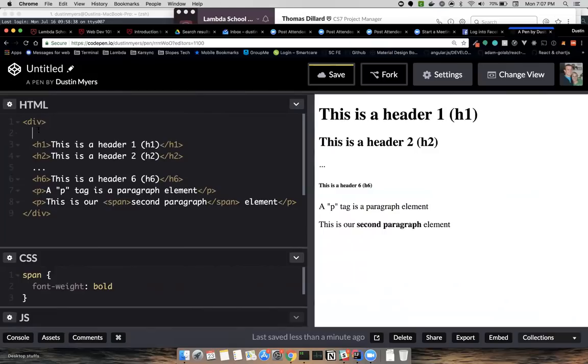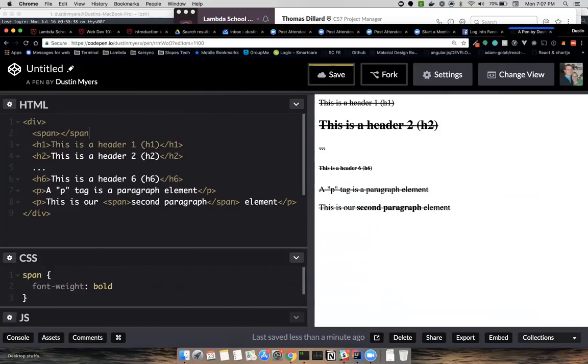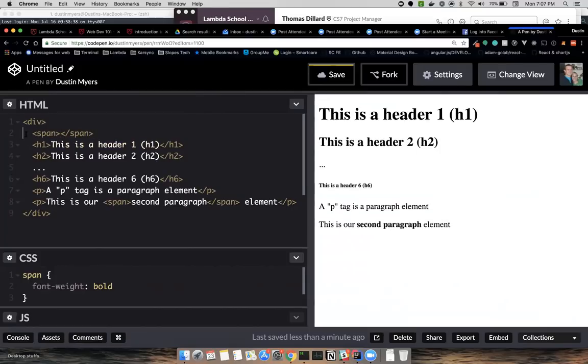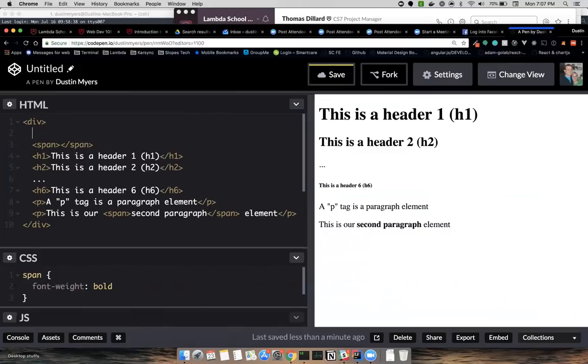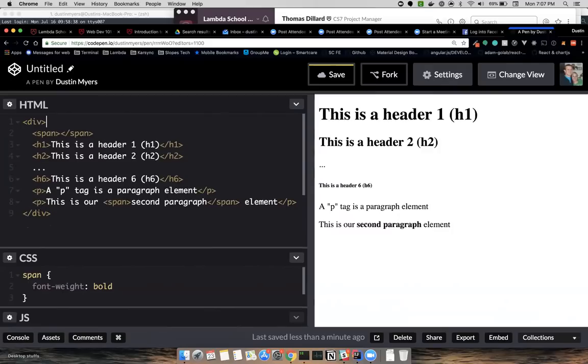So if we were to add a span tag here, we're going to indent by 2 spaces. When you drop a line, you can either hit your space bar twice, or you can hit your tab key once and indent that line.